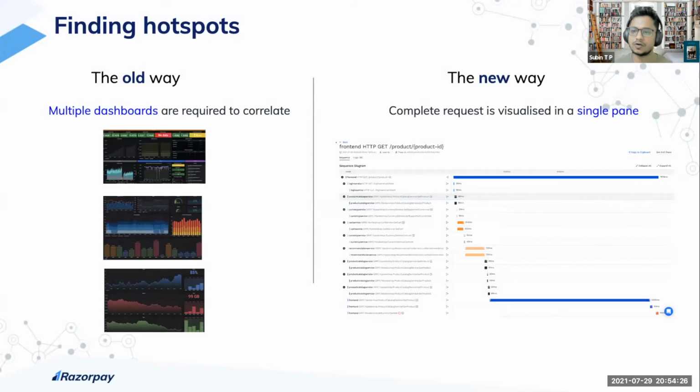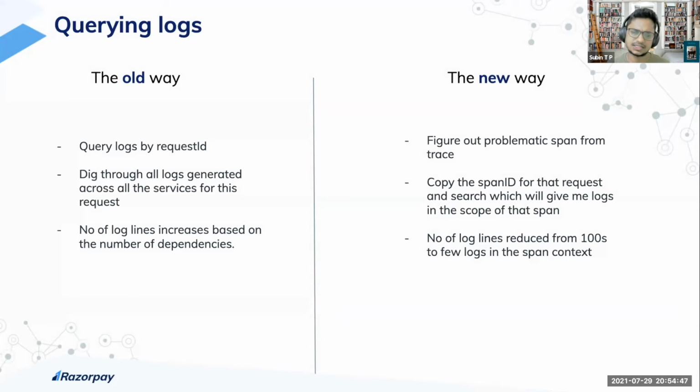The second is finding the hotspot. Hypertrace neatly provides a trace graph which clearly shows the entire life cycle of the request, so we can figure out which leg is taking too much time. And as I mentioned before, previously we were pulling all the logs for a particular request. From the trace graph, we can figure out that this span, this query, or this HTTP call is creating the issue. We can take the span ID and search the logs for that particular span. This reduces navigating from hundreds of logs to a few log lines.